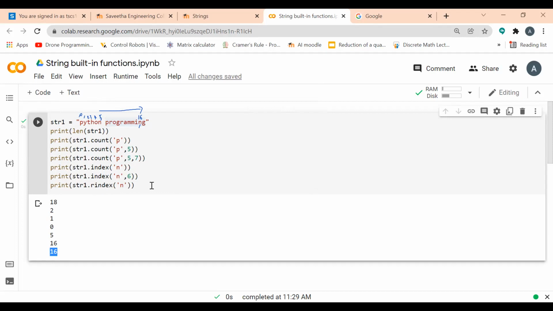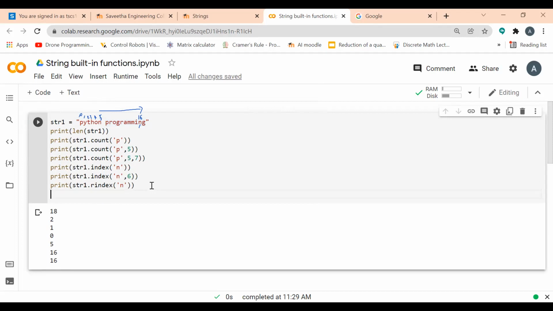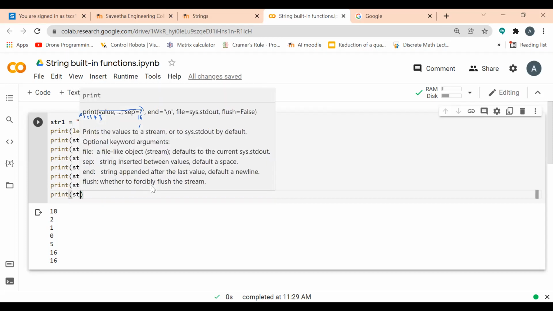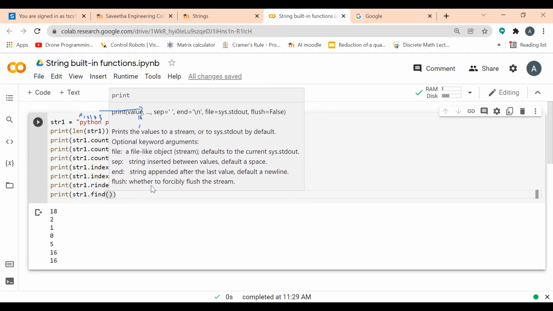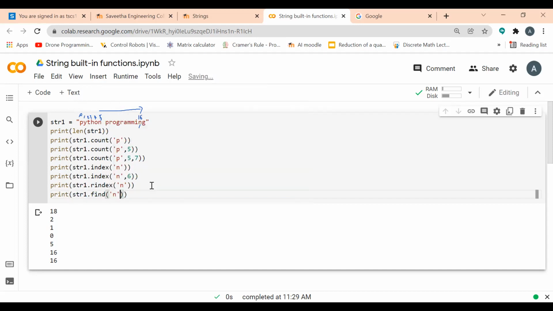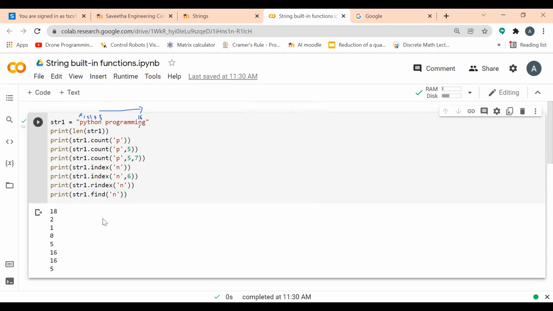Instead of index, I can also give find. The find function and the index function execute in the same manner. Both are the same.